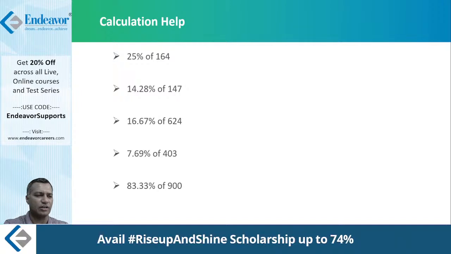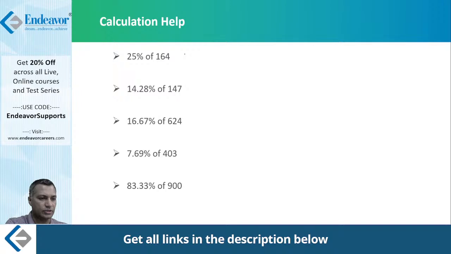Think of this. Once you know these kind of percentages, just in case they try to outfox you with some of these kind of numbers. I'm not saying that every time they use these kind of numbers, but I cannot rule out the option that such numbers do not come in the exam. Such numbers do come in the exam. So when you look at 25% of 164, if I know this 25%, you would rather quickly write it as 1 by 4 times of 164. Division by 4 is very easy.